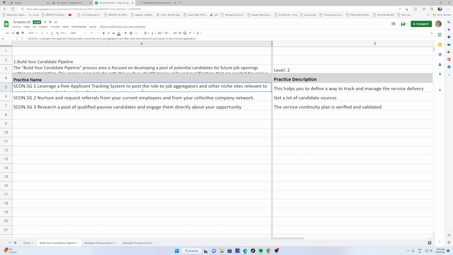Leverage a free applicant tracking system to post the role to job aggregators and other niche sites relevant to track inbound applications. If you are missing something like a description, you can leave it blank. Then we have 2 other process areas that I'm going to be filling out, and then I'll be back uploading this